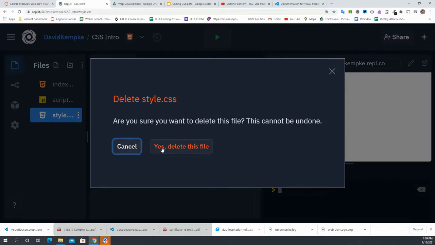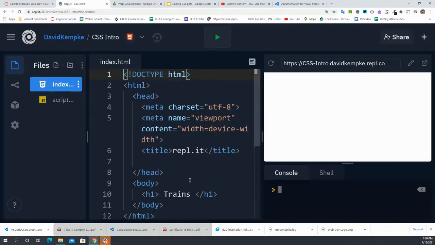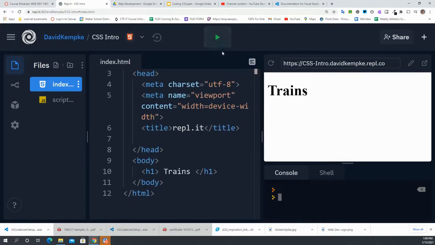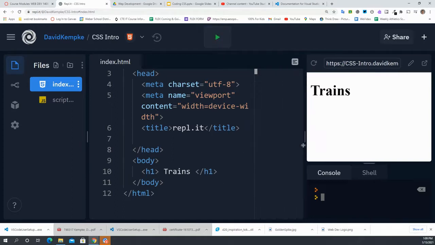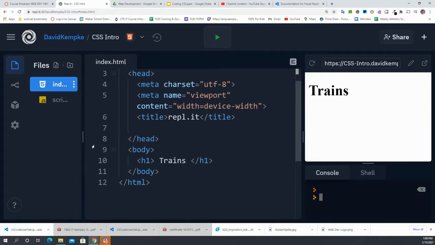Let's just get rid of that for right now. Okay, so let's take a look back at this. And right now, if I just run this here, it says trains. Well, how we use CSS, if you remember from my last video, is what we do is we go through